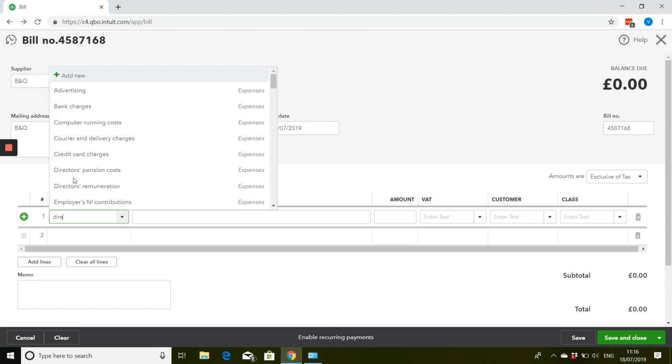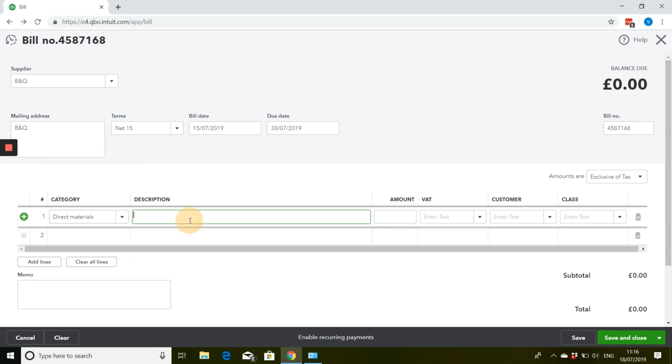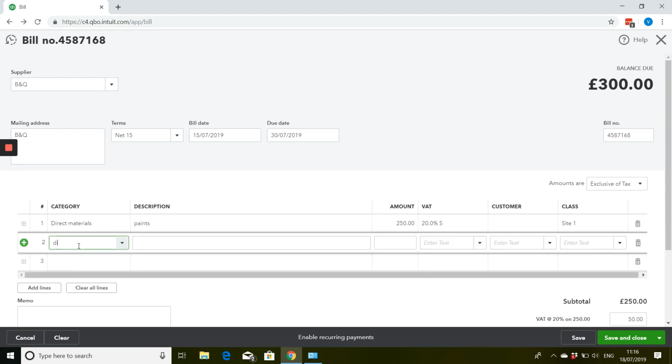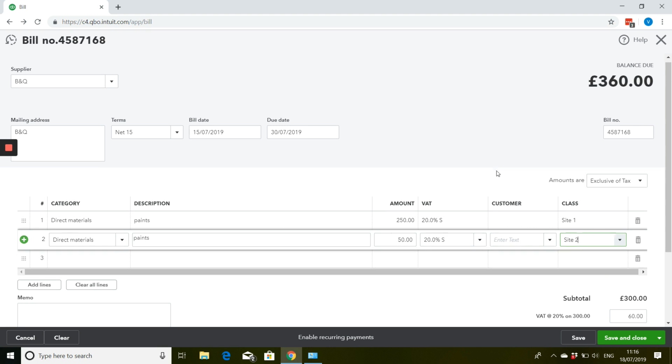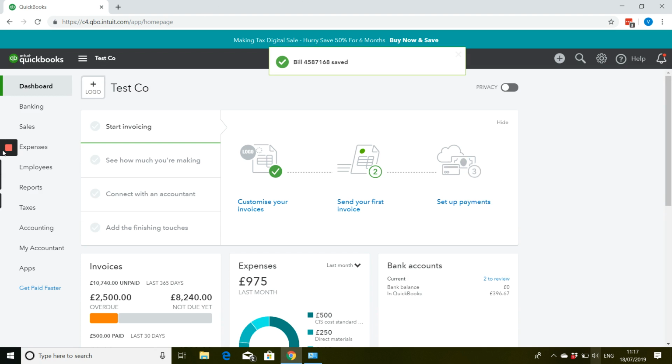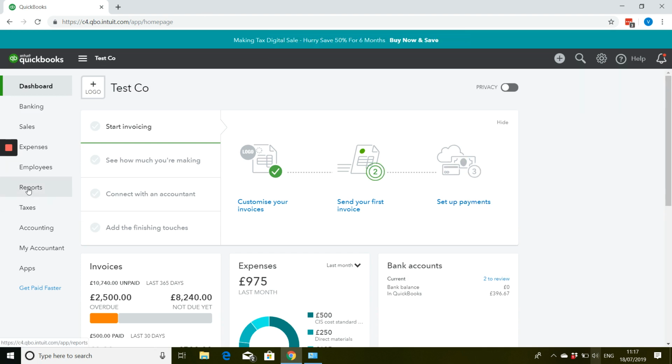So I'm going to say direct materials, paints, and I've got £250 worth of paint, site 1. Direct materials. And I've got £50 worth of paint for site 2. Let's save and close that. So this time we've only got one sales invoice and one purchase invoice, but we've done the classes on the line items. So if you go to reports again,